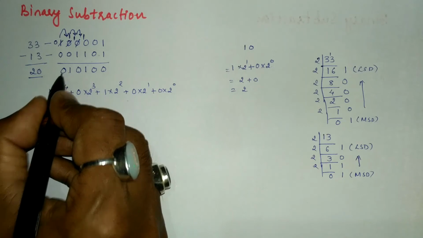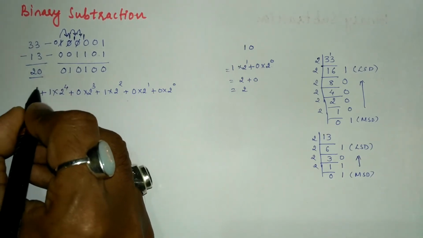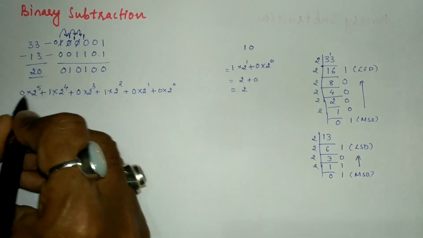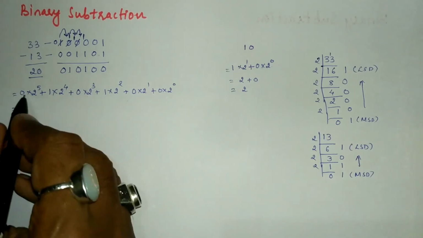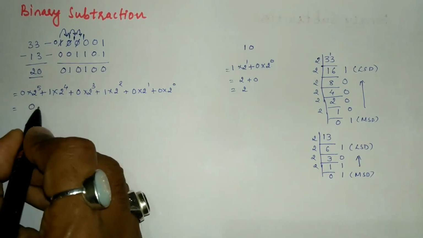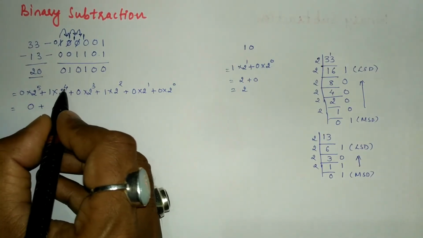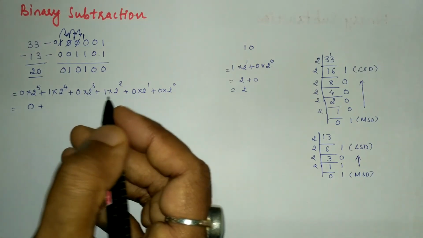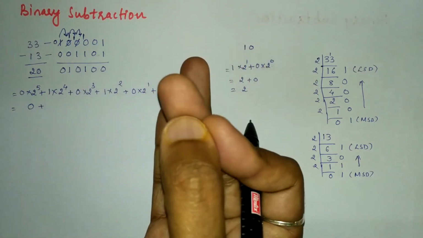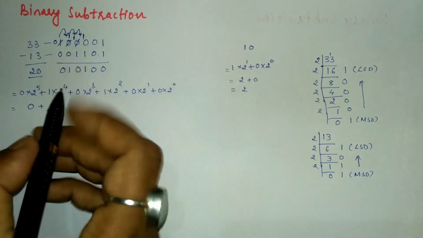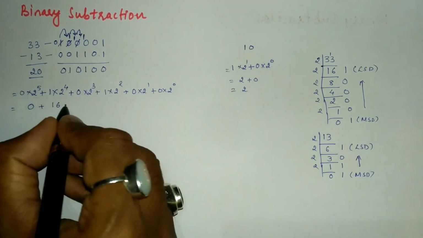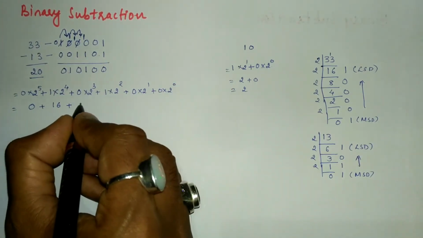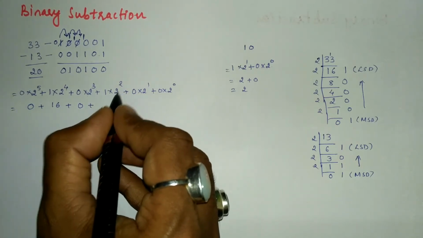If you want you can take this 0 as well. Here I'm going to write plus 2 to the power 5 into 0. Now 0 into anything will be 0 only. 0 plus 2 to the power 4 means 2 is to be multiplied 4 times. 2 2s are 4, 4 2s are 8, 8 2s are 16. So 16 ones are 16 plus 0 into anything will become 0 plus 2 to the power 2 is 2